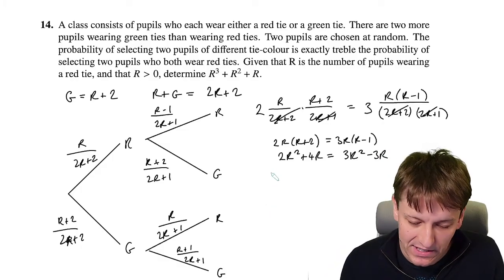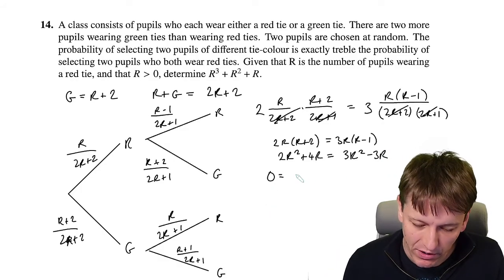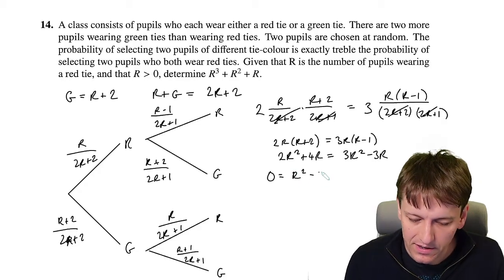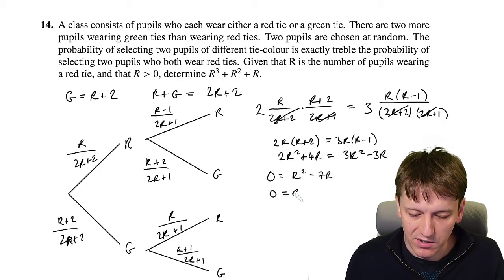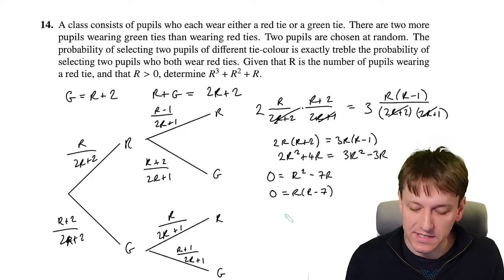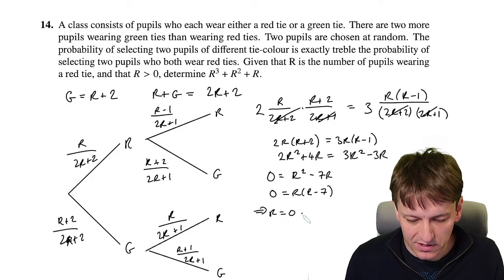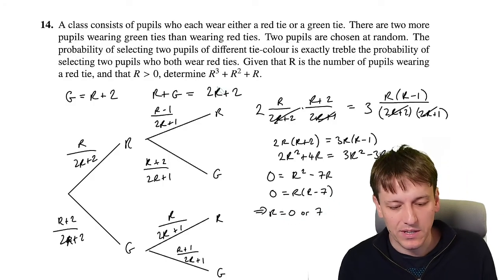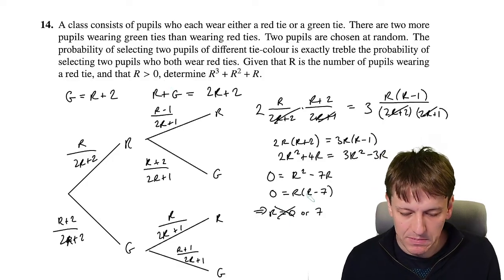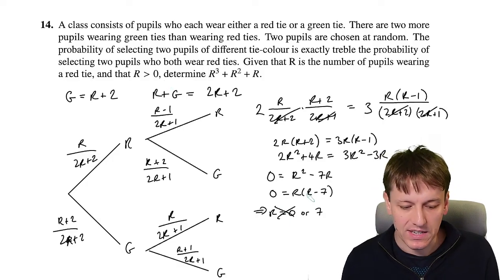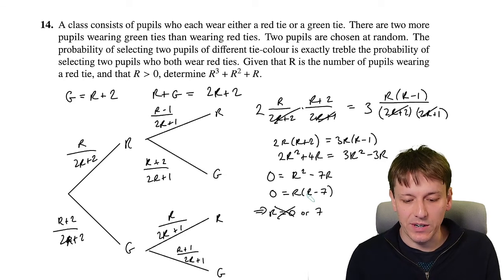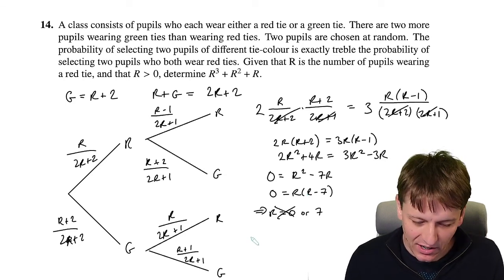So moving everything to the right hand side, putting equal to 0, I've got 0 equals r squared minus 7r, so 0 equals r times (r minus 7), so that gives me r is equal to 0 or 7, but we're told that r is greater than 0, so it must be that the number of people wearing red ties is equal to 7. So I want to work out r cubed plus r squared plus r, so we just need